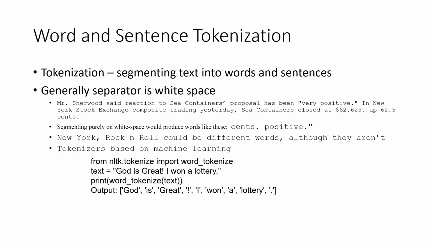So generally, tokenizers are based on machine learning algorithms, which right now we are not going to talk about. But I have included some tokenization code in Python using NLTK, a library which is very commonly used in natural language processing. It's called the Natural Language Toolkit, and it has functions for word and sentence tokenization. If you look at this input, you can call this word tokenize function, and you get the correct tokenized output, and this is based on machine learning techniques.